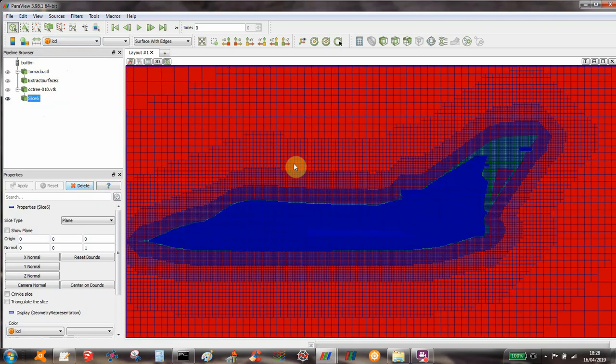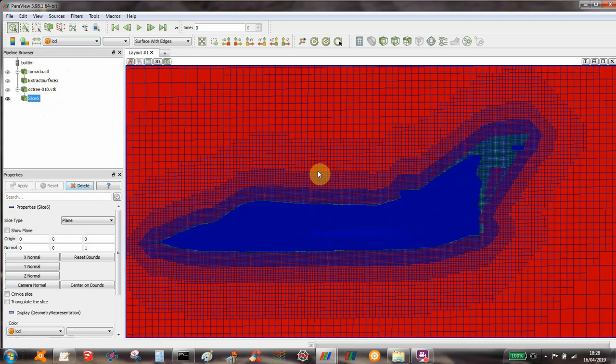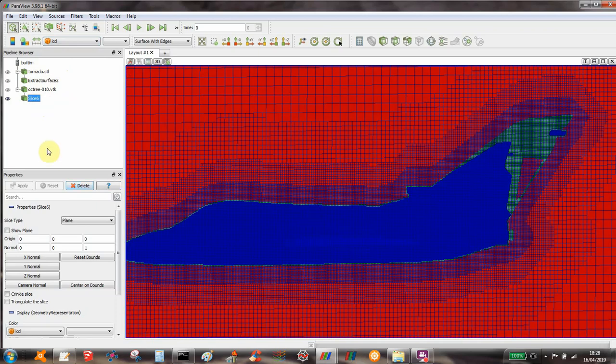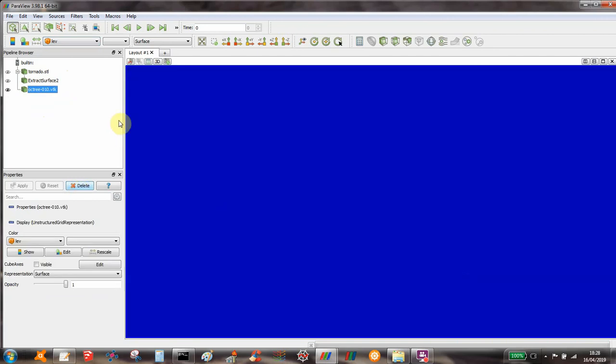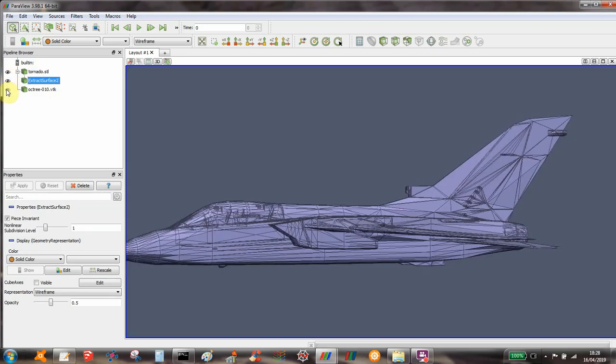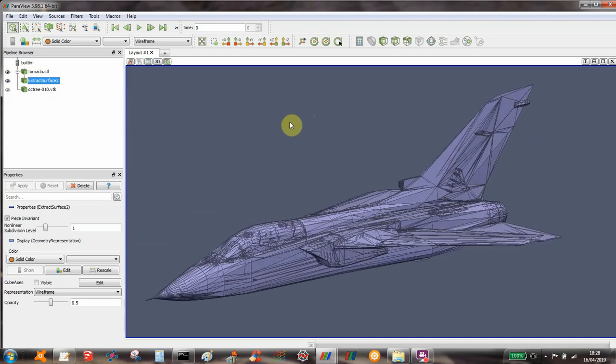That's always worth checking that you haven't got any leaks through to the inside of the geometry. And so yeah, there we have it. That's post-processing the aircraft at Mach